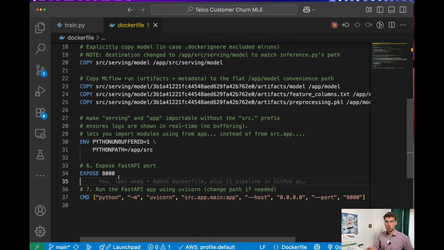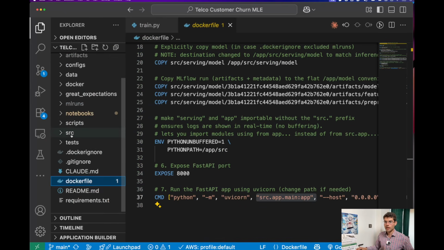That's one that you can tweak. In our case, it's 8000. And this one is, we're just going to run the FastAPI using Uvicorn, which is this. We just run it. We use python -m, and we use Uvicorn to run the FastAPI. We give it where it lives. So if we look, we have